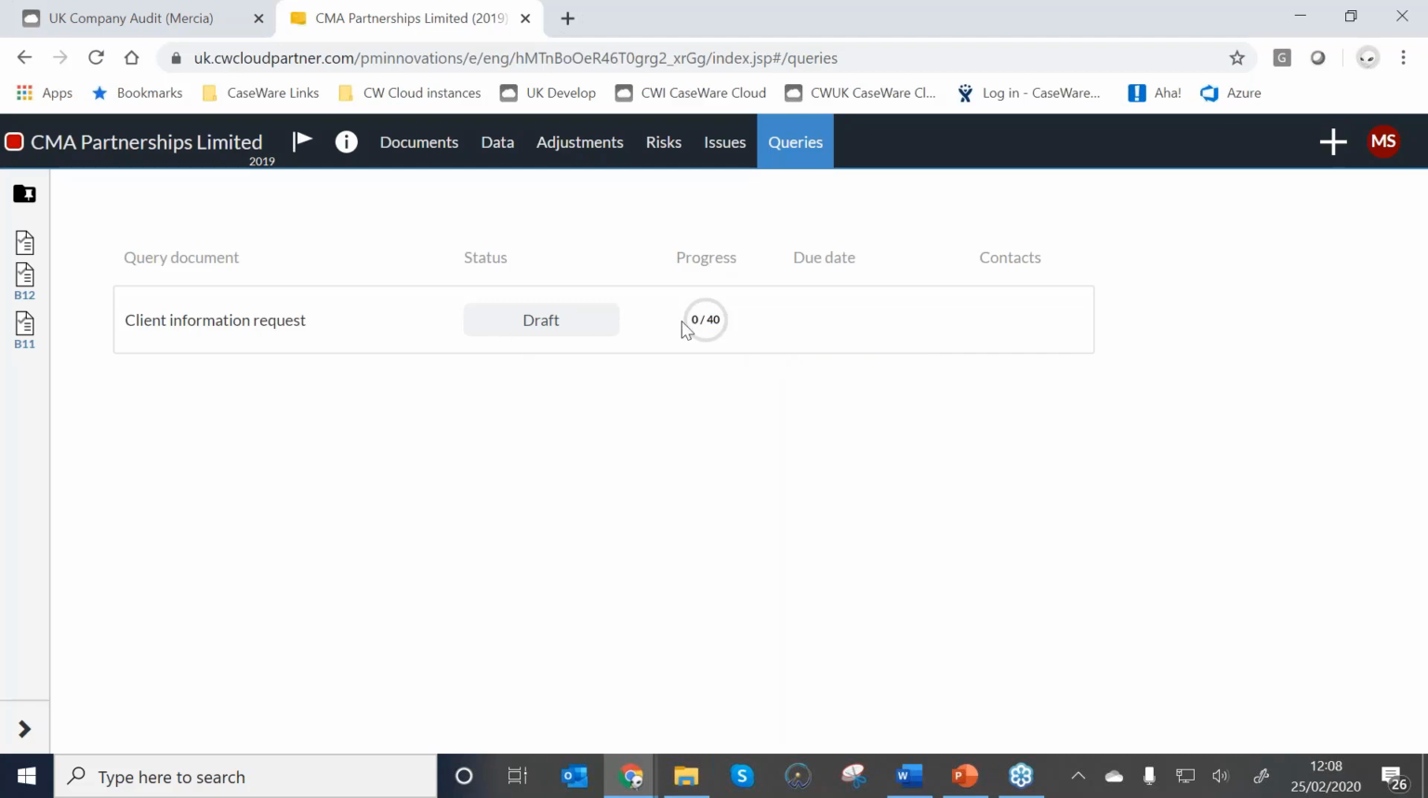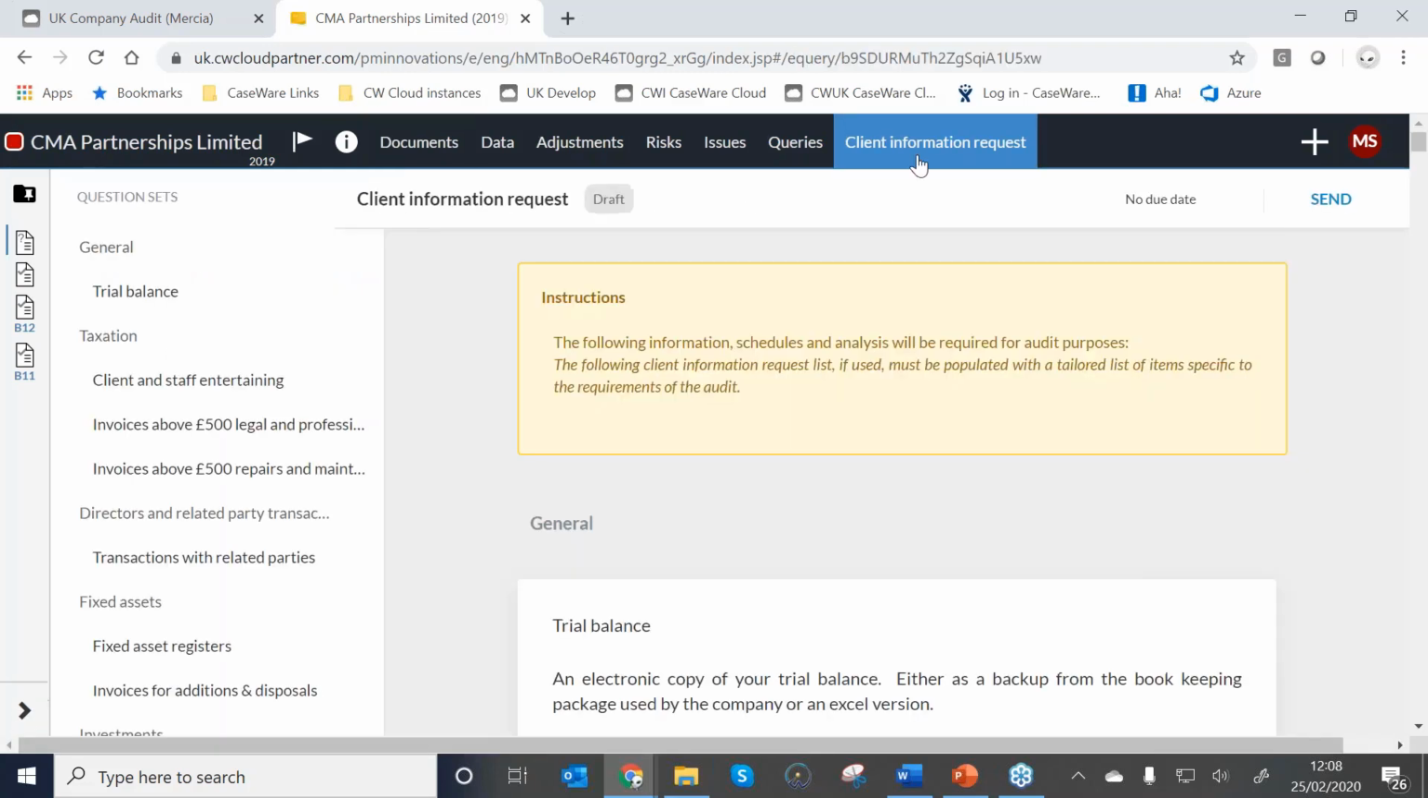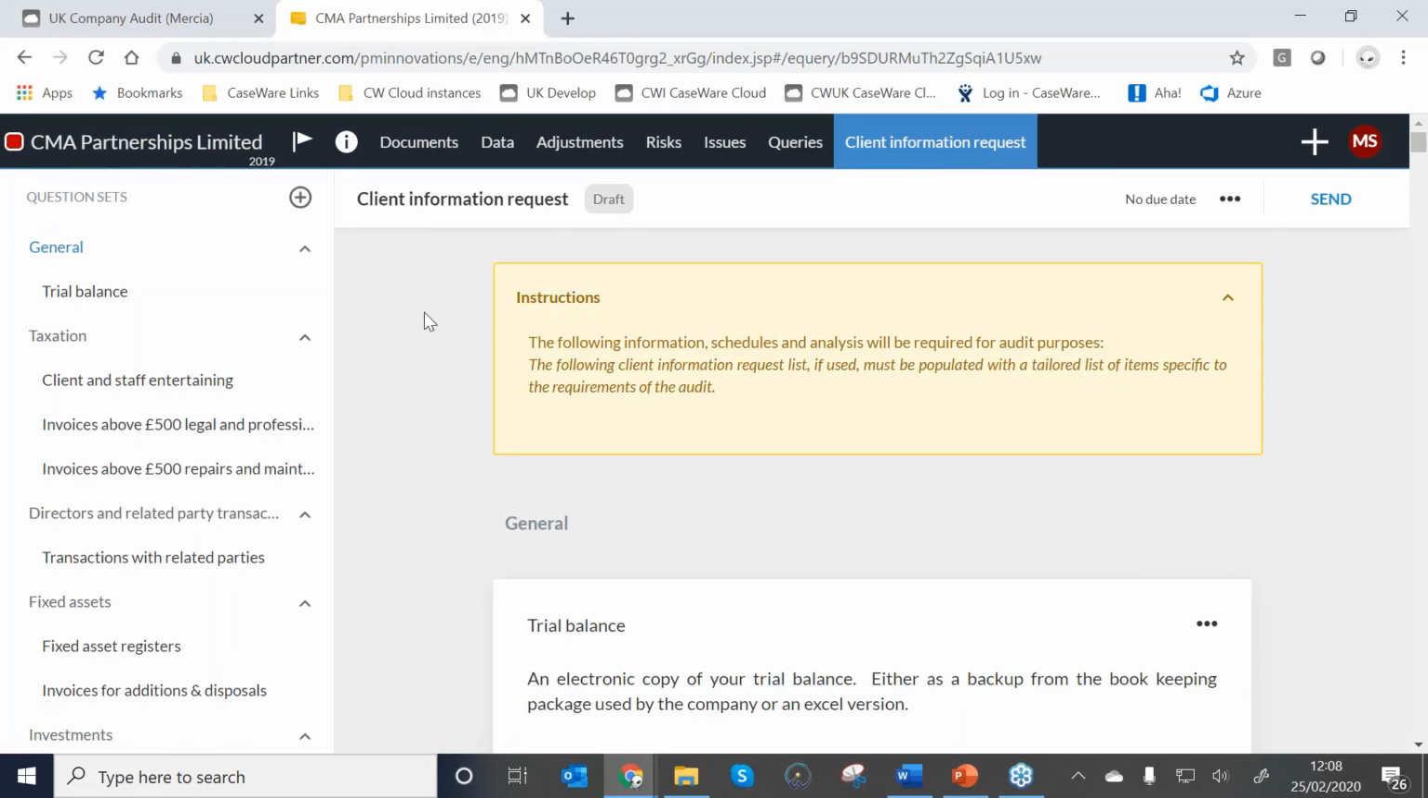For me to be able to access the client information, I can either access it through the queries window just by clicking on the term client information request, or I can navigate back to my document manager and navigate to it from the actual document manager itself. So if I click onto the client's information request, what that will do is it will open up my client information request,